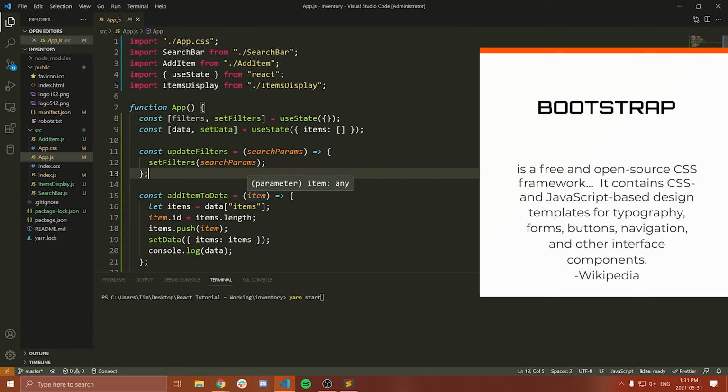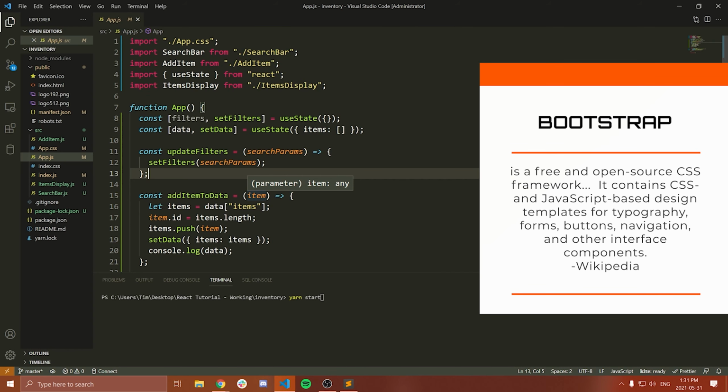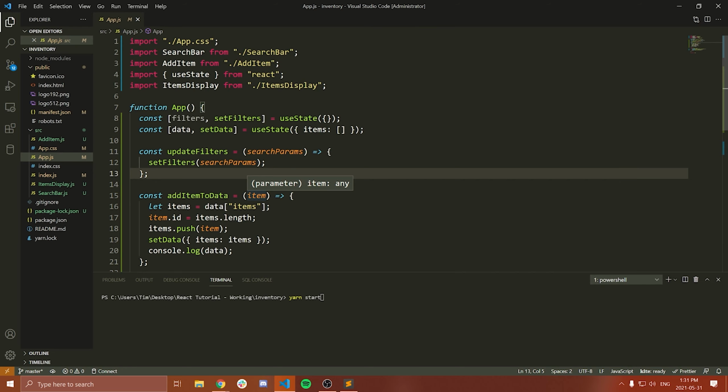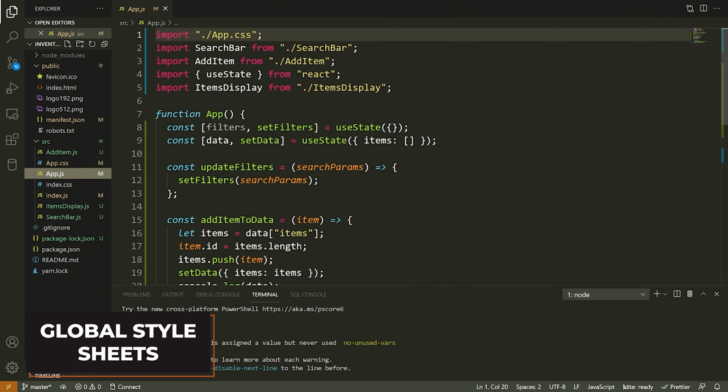Now, in case you're unfamiliar with Bootstrap, it's a CSS library that comes with a bunch of pre-built classes, which makes it really easy for people like me that suck at CSS to actually create a decent looking website. And so that will be at the end of the video. Before that, though, I'm going to show you the 3 different ways that you can have your own styles. All right, so enough of that introduction. Let's go ahead and get started here.